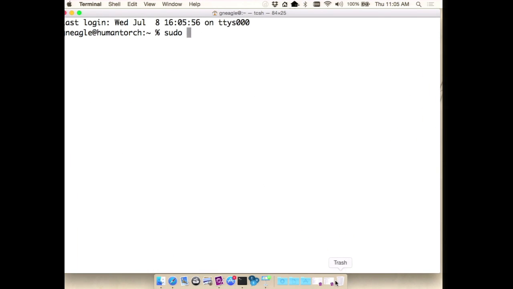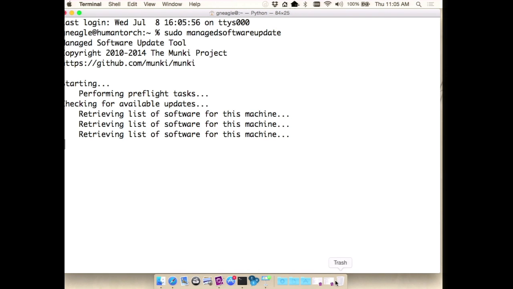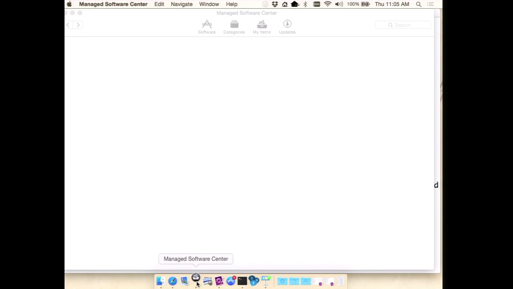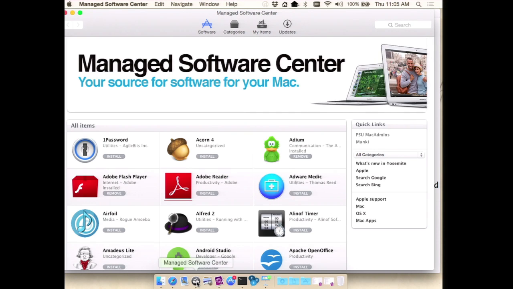need to run, this is as if Munki was running automatically in the background. So we'll just pretend this was happening in the background, that we didn't have to trigger this, but I don't want to wait for a while. I want to get it done right away. So that's going to take a few seconds. It's done. And now if we open up Managed Software Center, we can see that we've got a customized sidebar